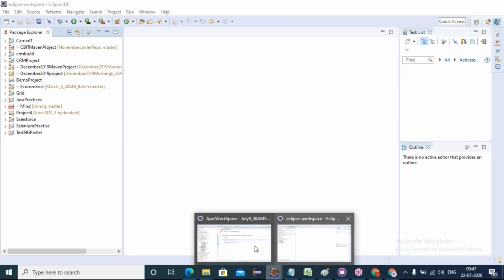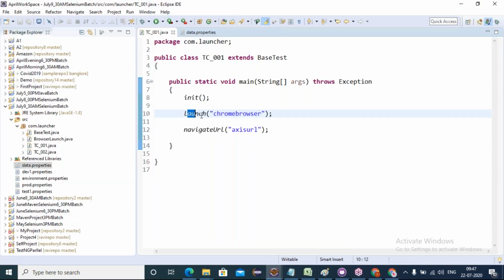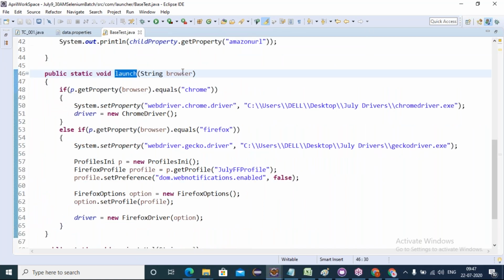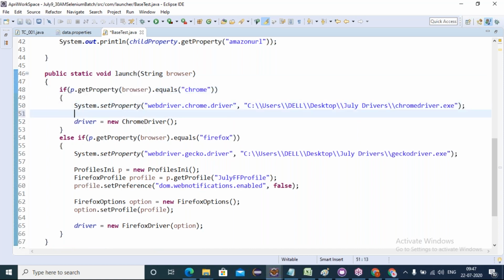So friends, here, when this launch method is called taking the Chrome browser key, go to this launch method with Control click. It goes to the launch definition. It receives the Chrome browser key here. The browser key base value, p.getProperty of browser key base value, is taking Chrome, which is equal to Chrome. Then I need to initiate the driver for Chrome.